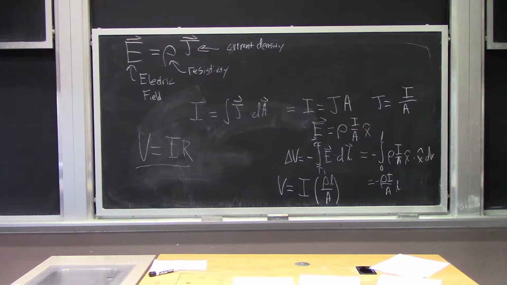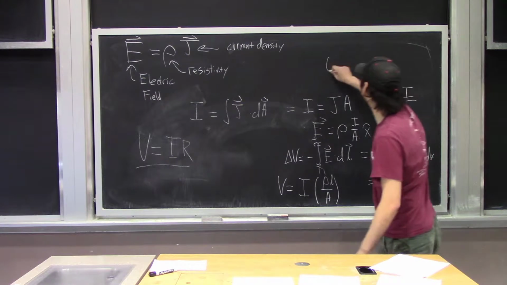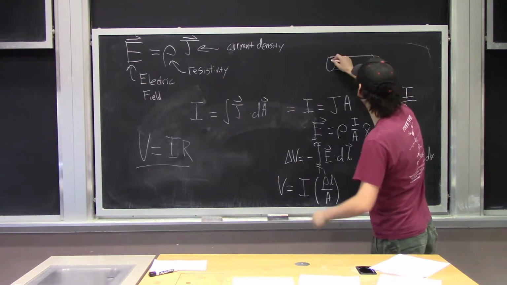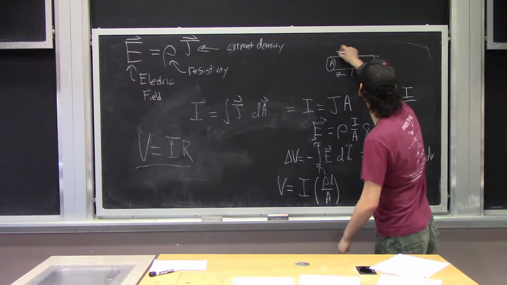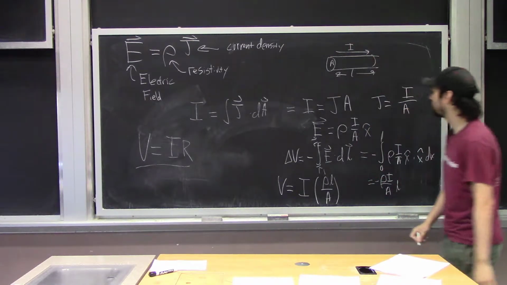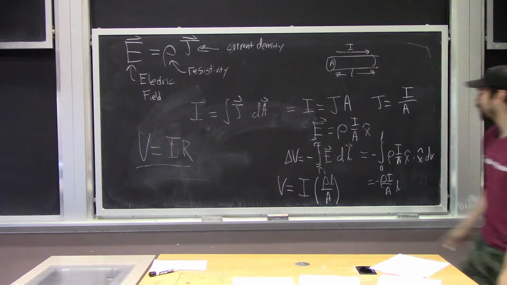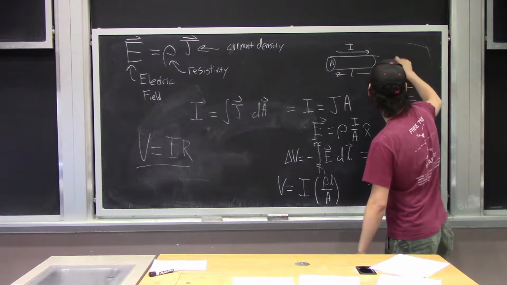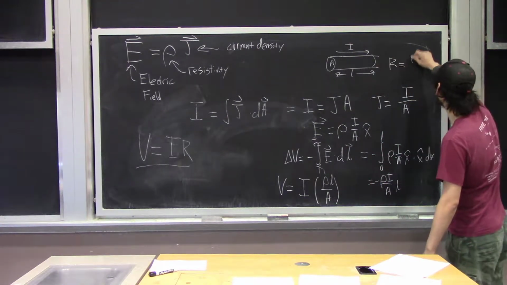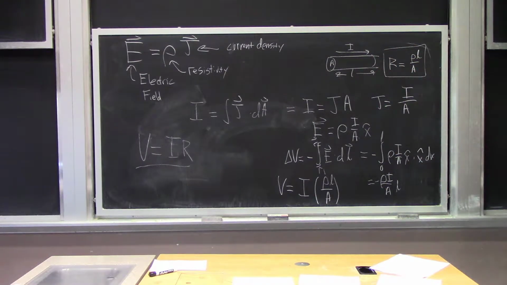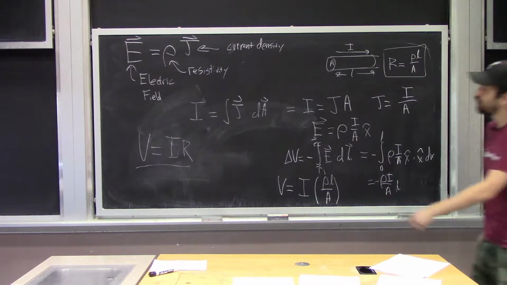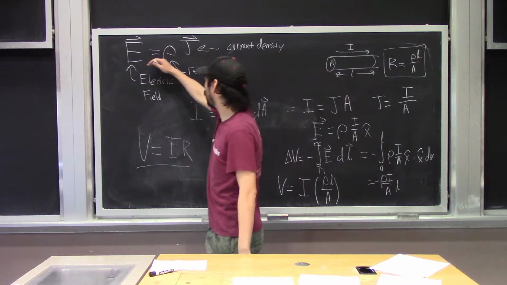And for some resistor of this form, so if we have some resistor like this with cross-sectional area A and some length L, and the current is going to flow from left to right, this says then that the resistance is just going to be equal to rho L divided by A. Okay? And so if you've taken some physics classes before, you might have even seen the microscopic form of Ohm's